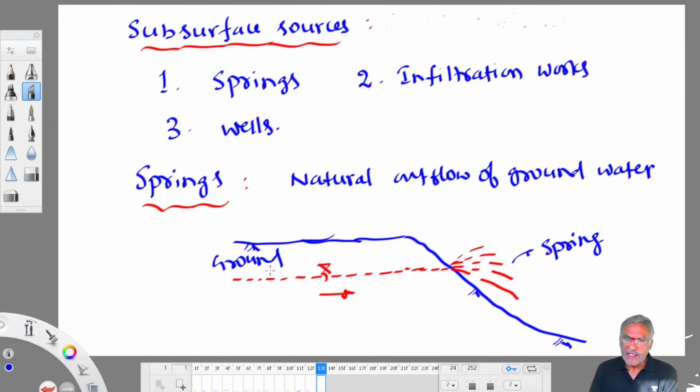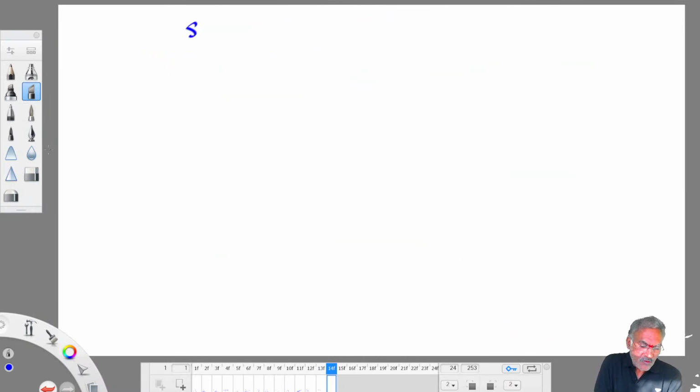Isn't it? Springs yield extraordinary quality water. If you go to Himalayas and all, you will find most of the springs even have capacity to cure skin diseases. They contain a high amount of sulfur, and sulfur is good for skin. Quality wise they are superior, but quantity wise only in mountain regions can people depend on this source. So springs yield superior quality water in small amounts. Quantity wise they are poor.